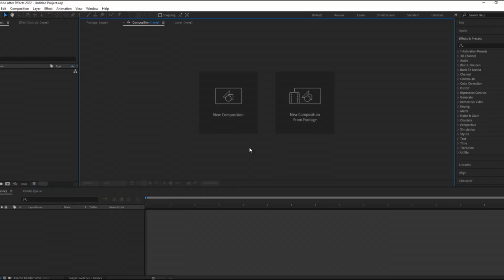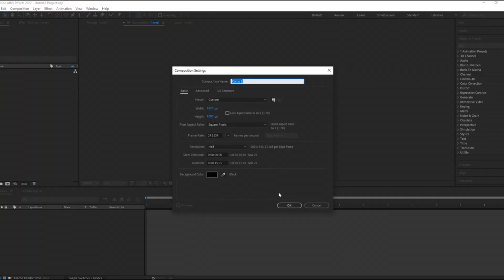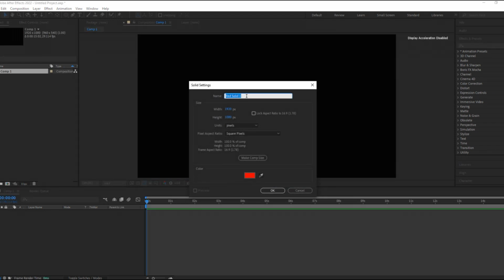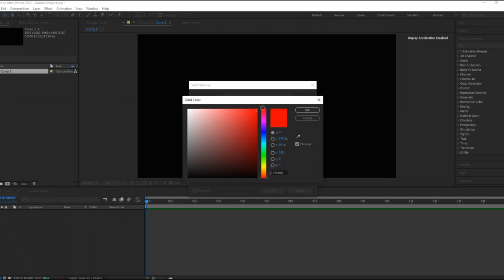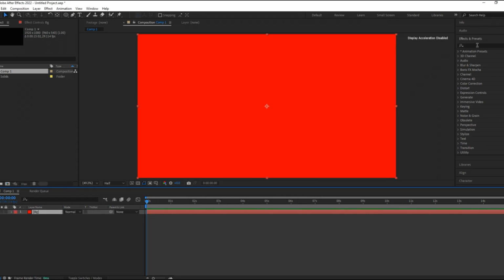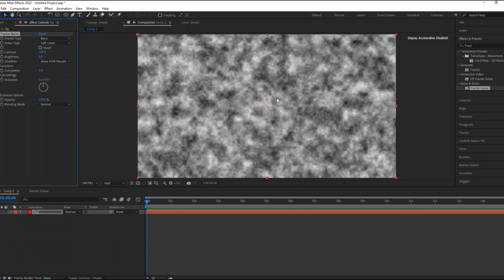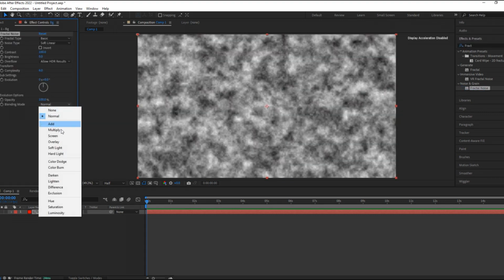Okay guys, so let's start the process. Creating new composition here, creating new solid layer, name it background, and change the color to red. Okay, go to effects and presets and find fractal noise, add to our background, change the blending mode to multiply,